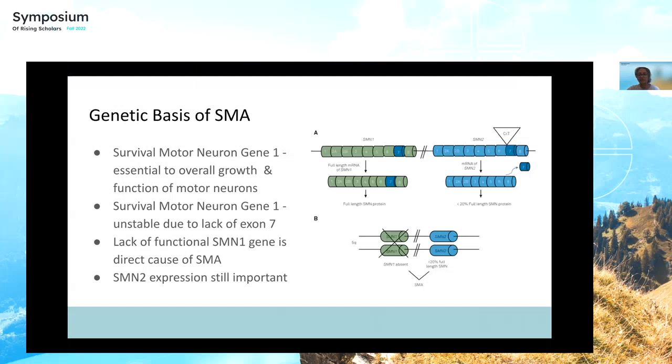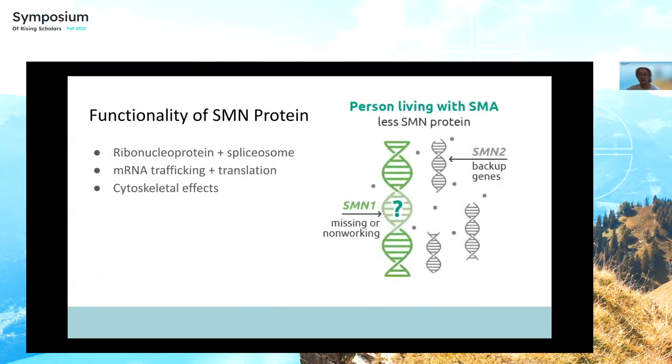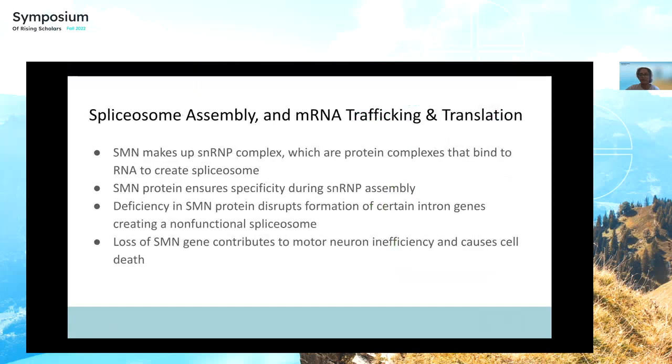Therefore, a lack of functional SMN1 gene is a direct cause of SMA. However, the amount of protein produced by SMN2 is inversely correlated with the severity of the SMA symptoms. And the SMN protein has many functions in the body, including spliceosome assembly, mRNA trafficking and translation, and has cytoskeletal effects. So to begin with, one of the most important functions of the SMN protein is its role in creating